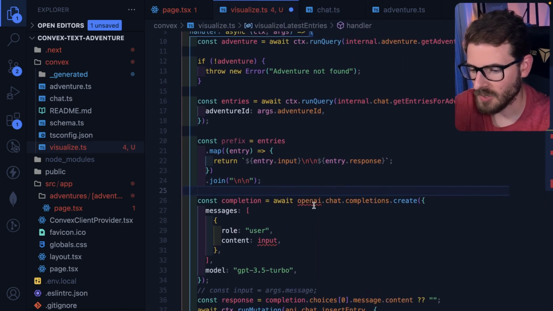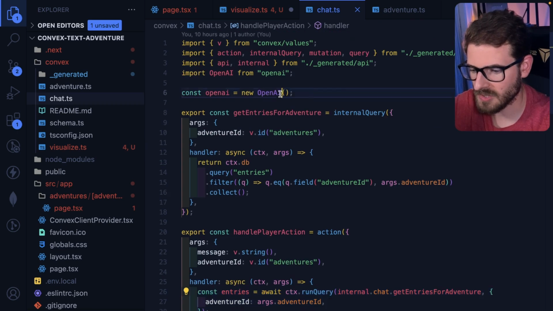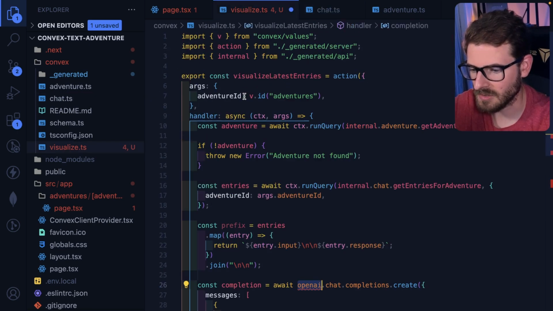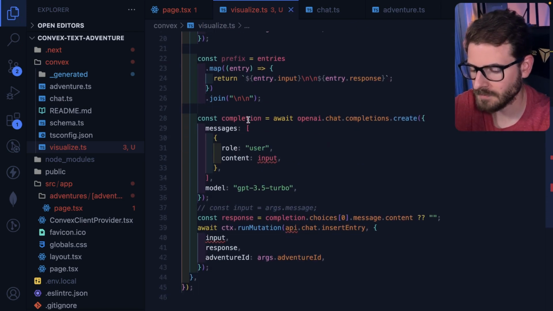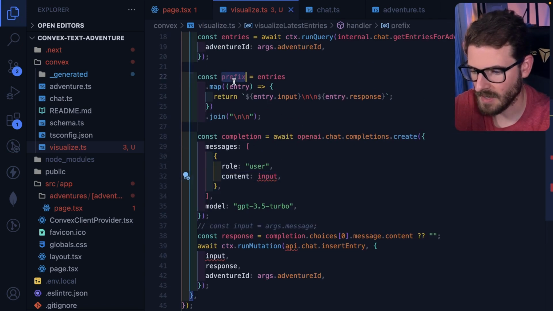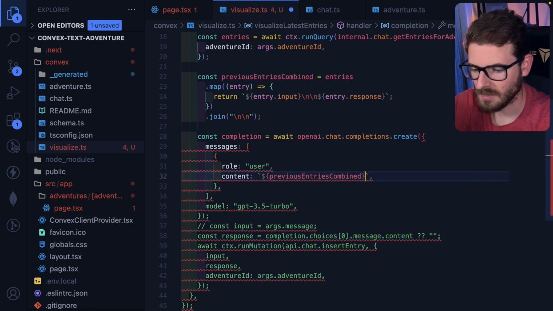So once we have this, we want to basically ask OpenAI, we want to say, hey, can you summarize and give us an image that describes this adventure? Okay, so I'll just go ahead and say previous entries, like this. Combined, maybe I'll make it more explicitly named, and we want to basically ask it a